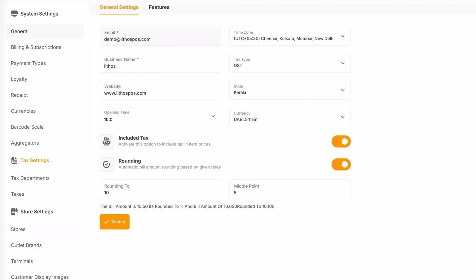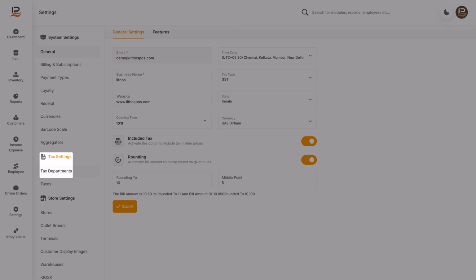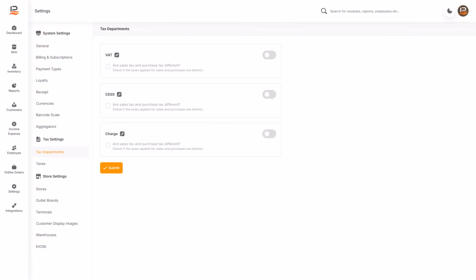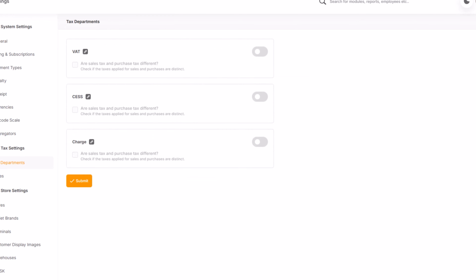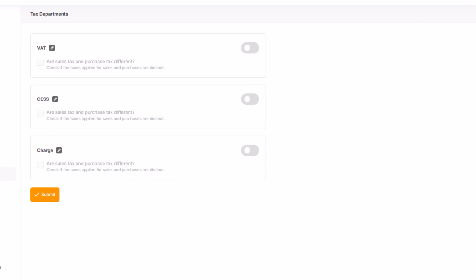Navigate to the settings. Click on the settings icon. Here you can see tax settings. Under tax settings, click on tax departments. On this page you can define and manage different types of taxes that apply to your business operations, showing